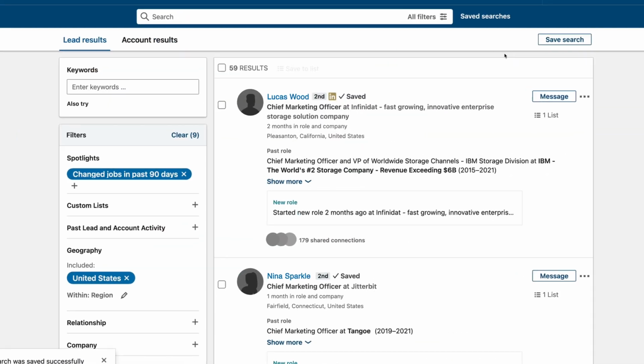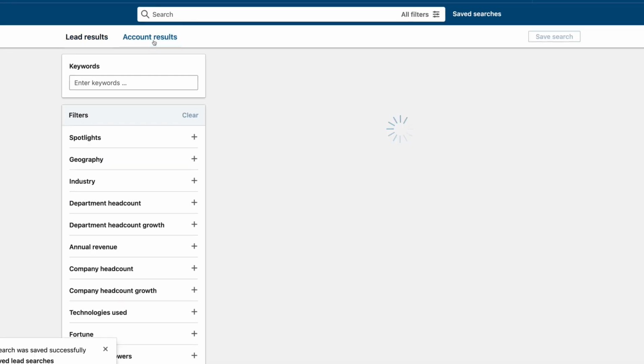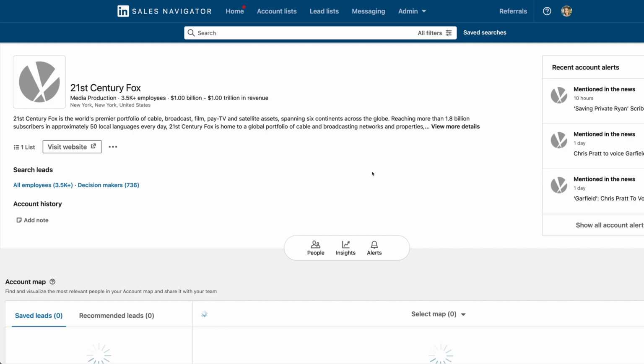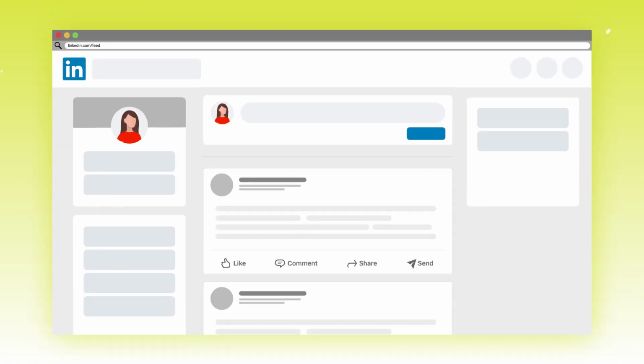In addition to building targeted lead lists of individuals, Sales Navigator allows you to build out highly targeted lists of accounts. So these accounts would be companies that would be great fits for your business. And then from there, you can find the decision makers within those companies. One of the frustrations when leveraging the free version of LinkedIn is the lack of ability to filter and control anything. You're going to see posts and updates from everyone, which gets pretty cluttered and hard to manage sometimes.